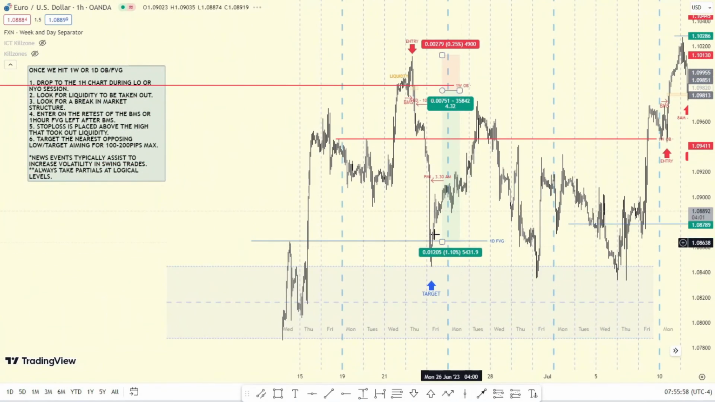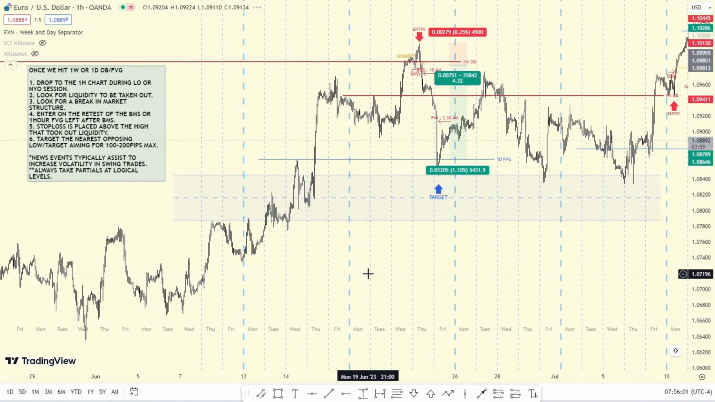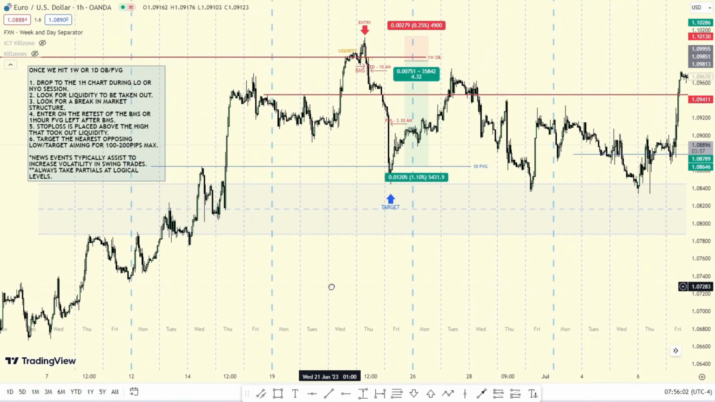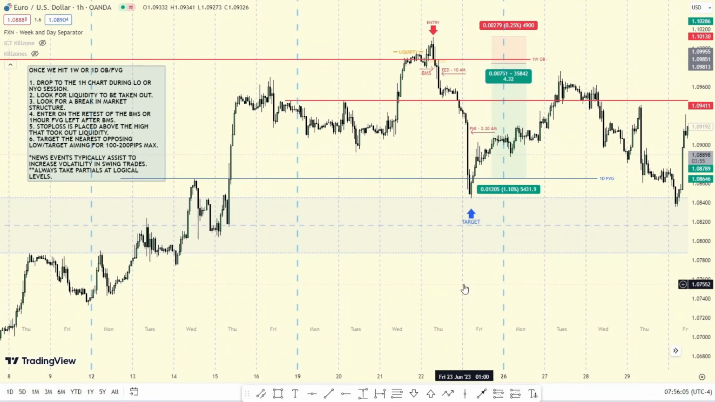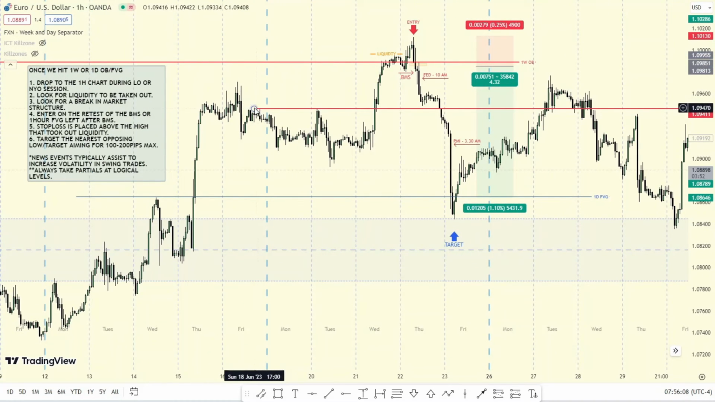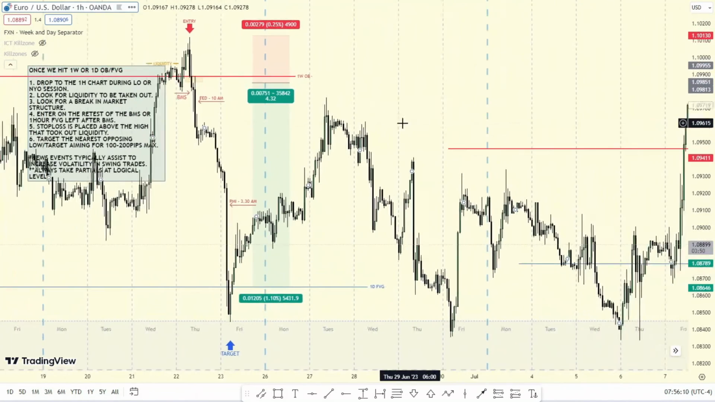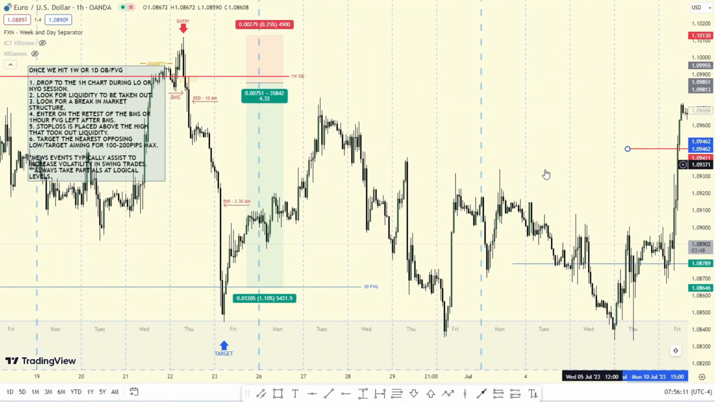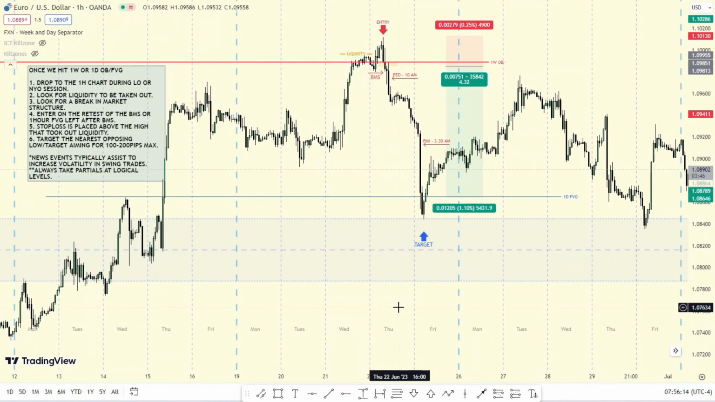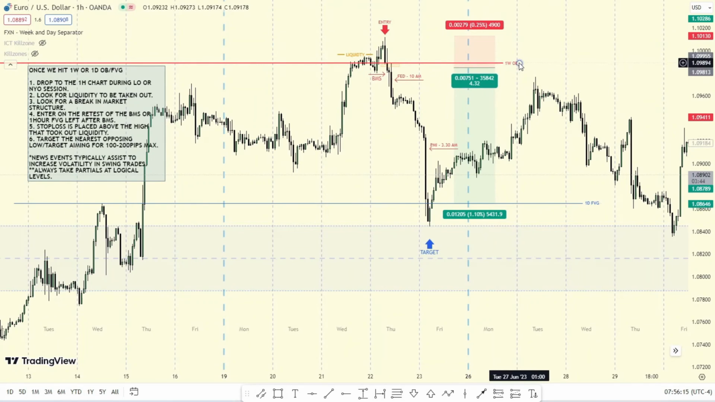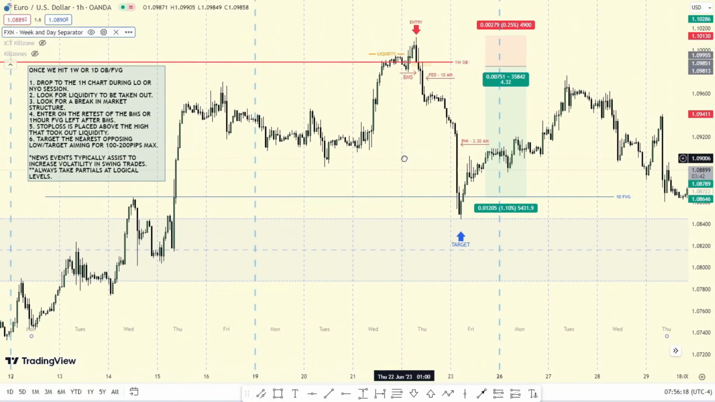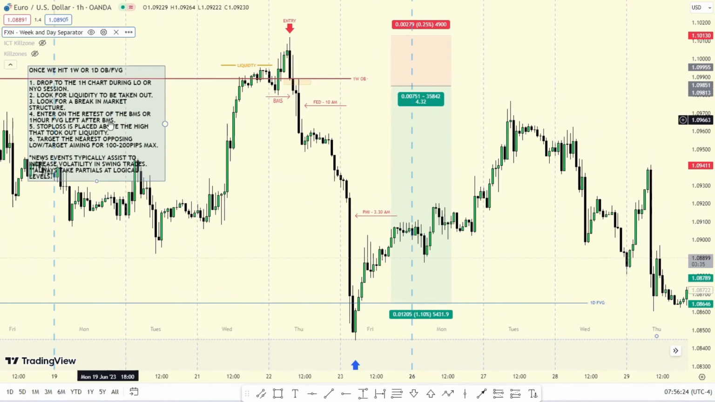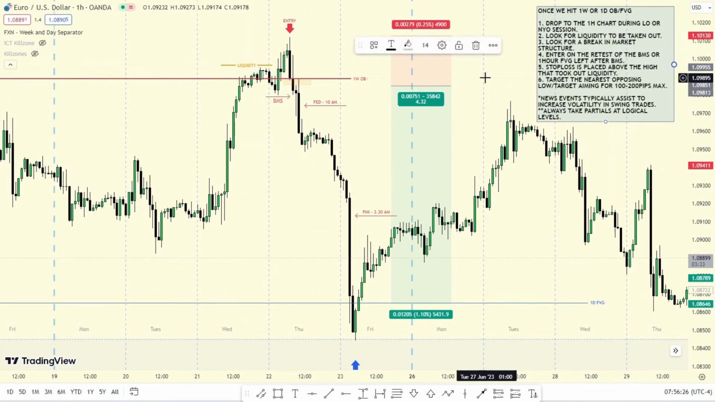So finally, let's look at an example that was in a bit of a consolidation, but still provided a very nice setup. So let's remove that. We had a weekly order block up here that was hit, and then the objective was a daily fair value gap and also the weekly imbalance down here. So if we zoom in closer,